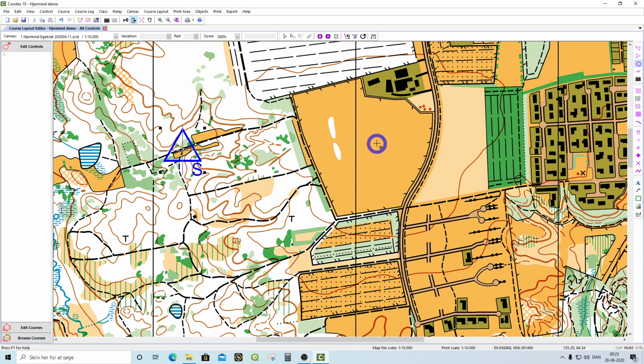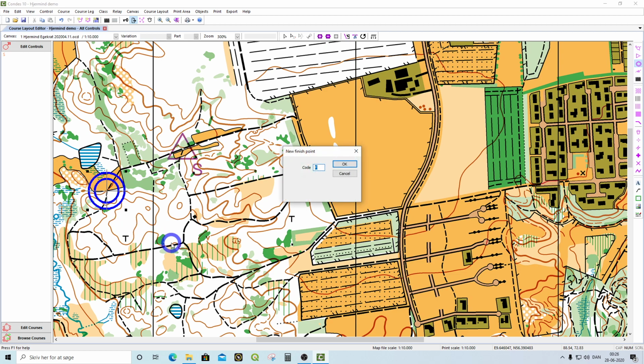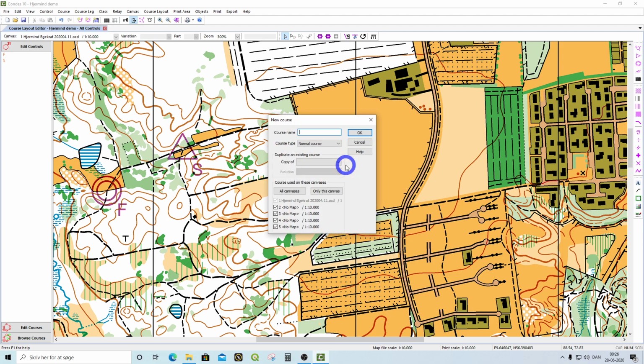Now, Condes will automatically shift to the next symbol you're going to use, which is the finish. It is a circle or double circle, and you can move to where you want your finish, and you can click, and it'll set the finish. Again, a small window pops up and asks you for what letter you want to use here, and again, you can add a number if you want. You click OK, and it asks for